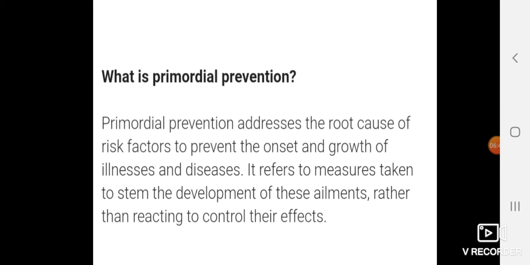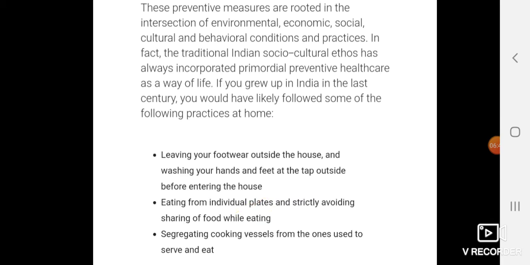What is primordial prevention in practice? He mentioned some examples of what we practice at home. Actually, in our Indian tradition, before entering the home we need to wash our hands. In ancient times, both hands and legs would be washed. It is one of the practices to prevent some diseases. He also mentioned practices like leaving your footwear outside the house, washing your hands and feet outside before entering the house, eating from an individual plate and strictly avoiding sharing of food while eating,